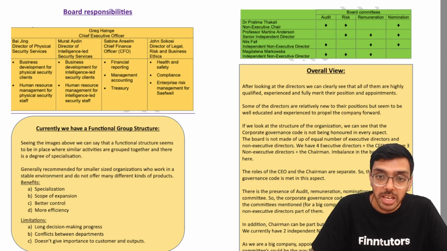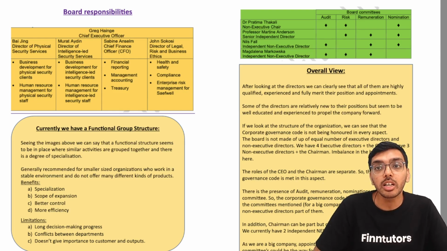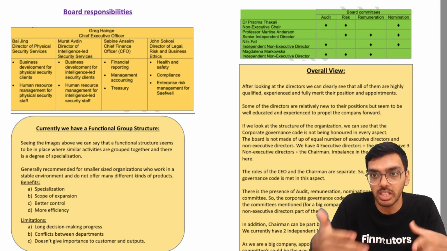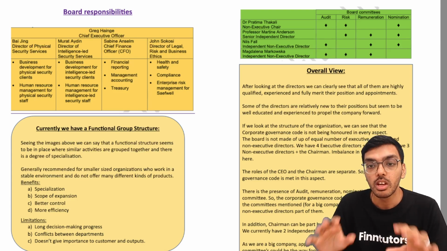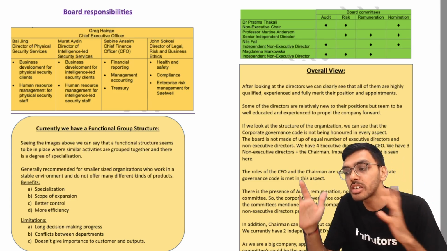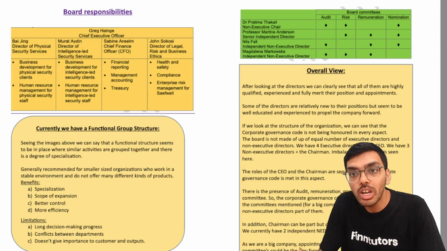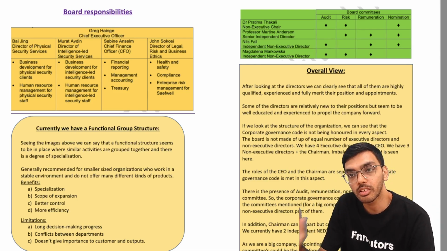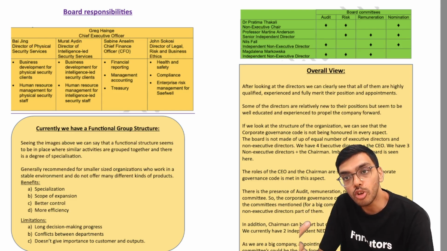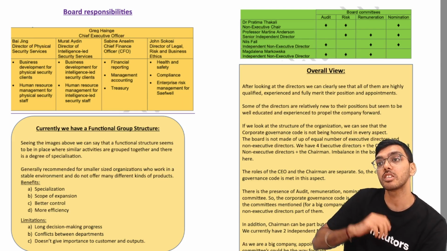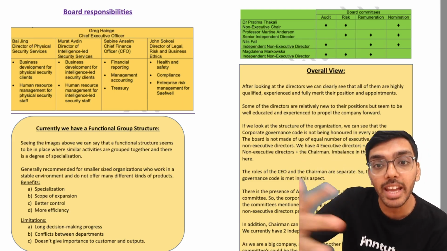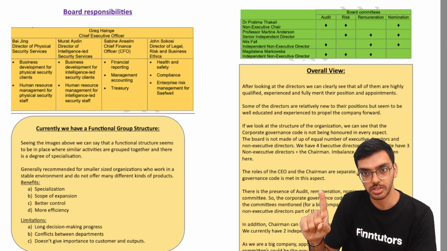After that, very important information is given to us in terms of the committees. For this, your P3 knowledge is the most important thing for you to have. Only then you will understand it. Because the corporate governance code says that every listed organization should have 4 committees: audit, remuneration, nomination, and risk committee. So it's a very good thing that my business, which is such a large business, is complying with this first.